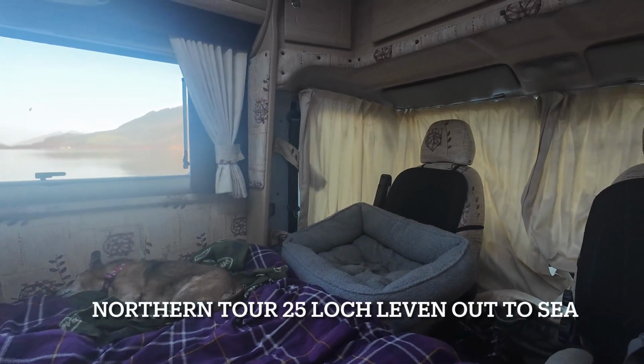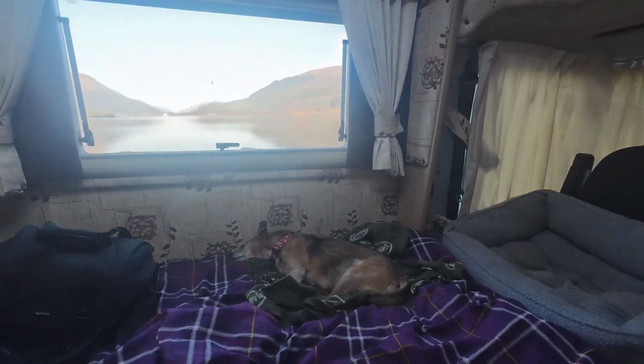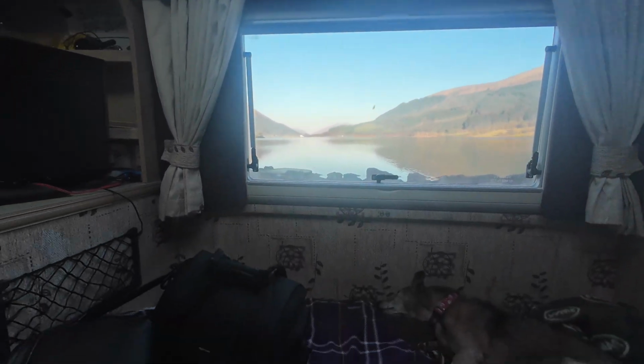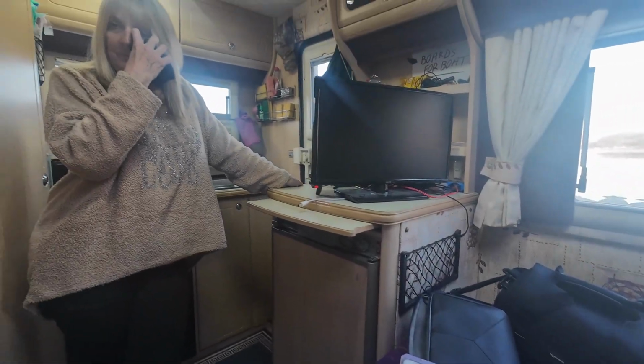Right, we've woken up to day 7 of our Northern Tour 25. Little Stinks there asleep, and look at that for a view from your bedroom window. I'm just doing a bit of editing, and Owen Dawes is about to get on the scooter and go for